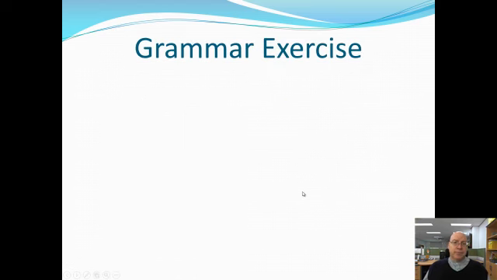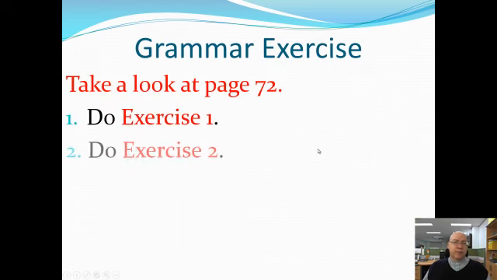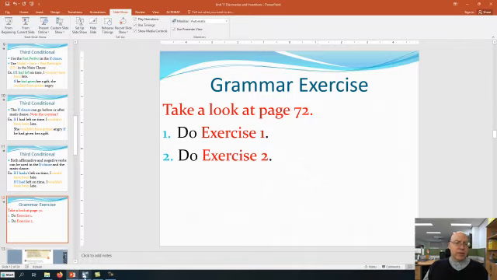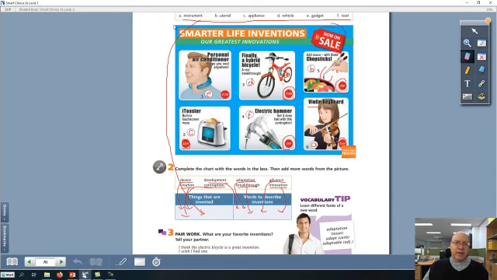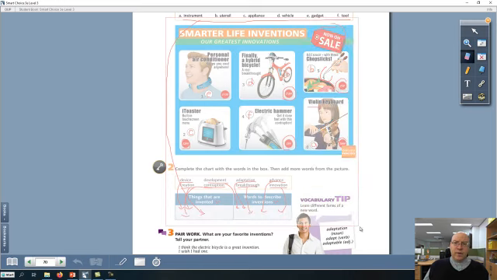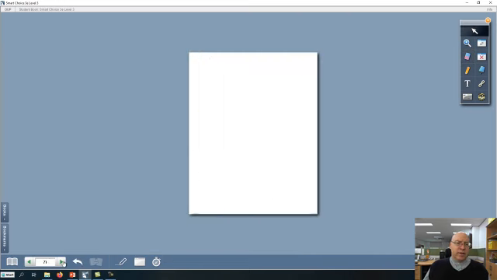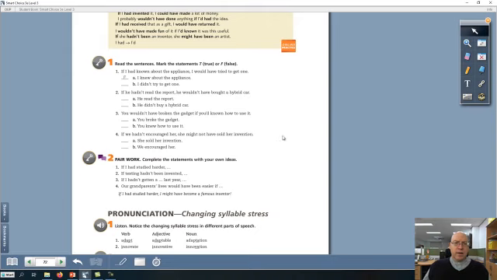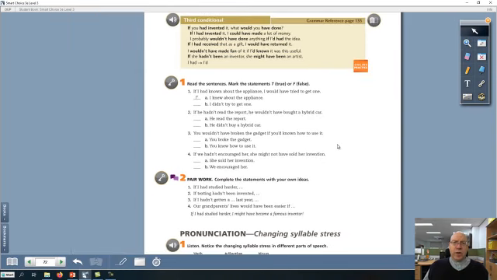Okay, let's jump to page 72. And we'll look at this a little bit closely here. Let me erase this before I move on. Okay, so when we look at page 72, here's where it becomes important, where you need to decide whether something is the opposite or not. And it can be difficult sometimes, or it can be easy, I don't know. But again, if you need some extra assistance, if you need some extra help, please go to page 135 in the back of your book.